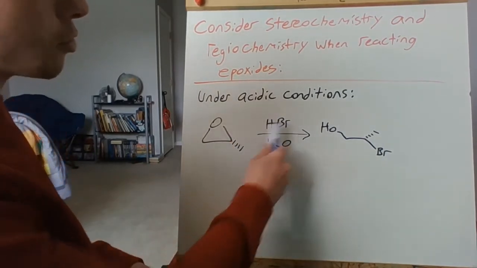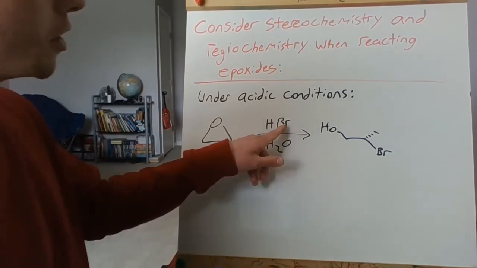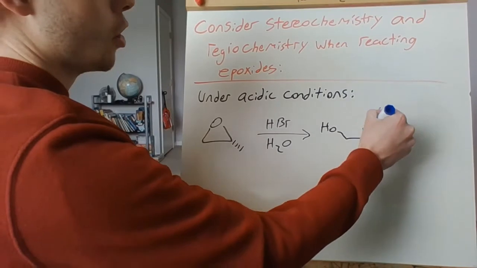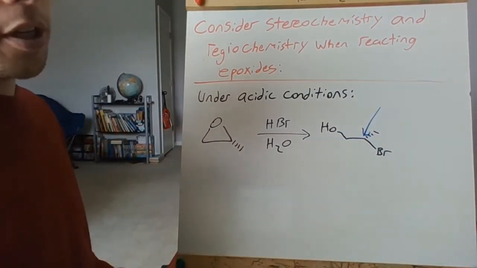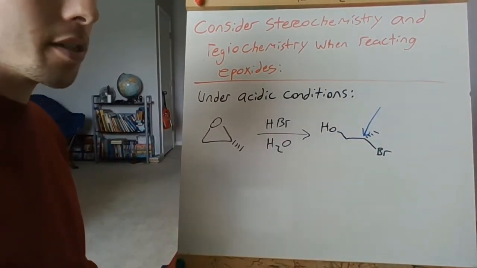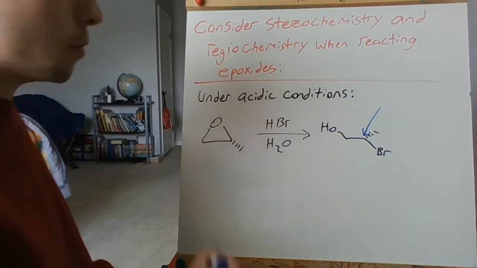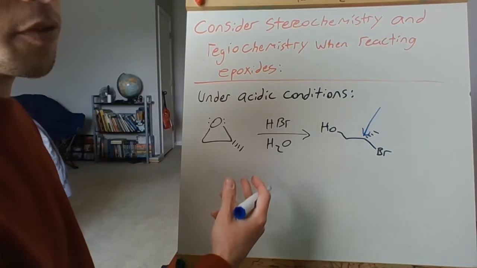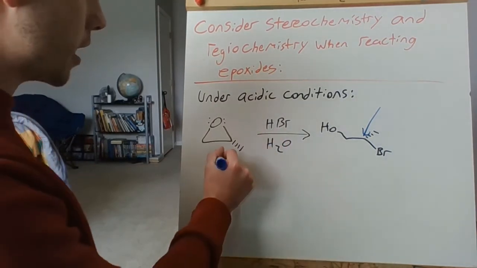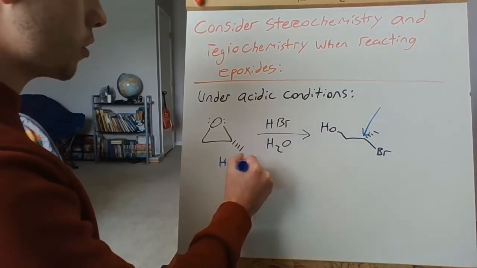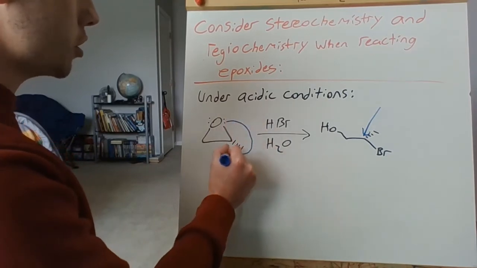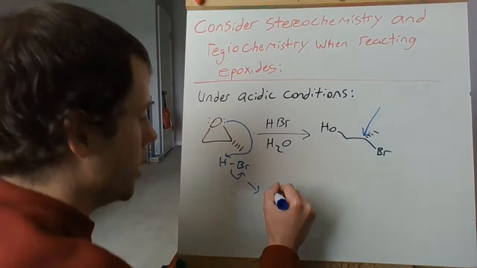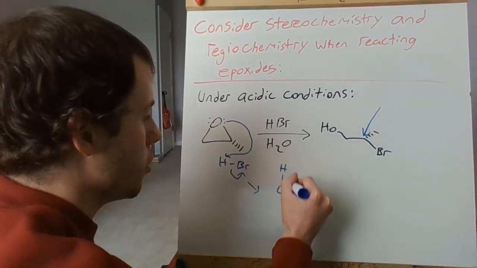So in this case, we use strong acid, HBr. Bromine ends up being our nucleophile, and so it adds to the more substituted carbon. So this is different from the basic conditions. If we go through the mechanism, we know that proton transfers are extremely fast. HBr is a very strong acid. It wants to get rid of that hydrogen. And so the first thing we're going to do is protonate our oxygen using HBr. And so this gets us to an intermediate molecule